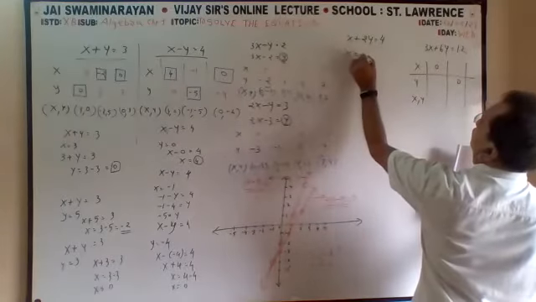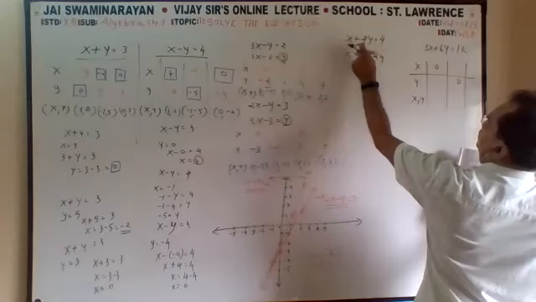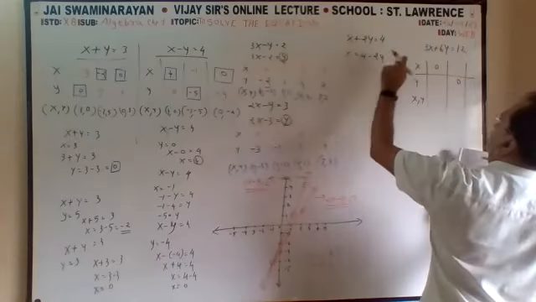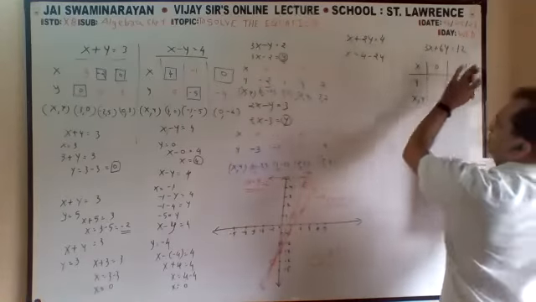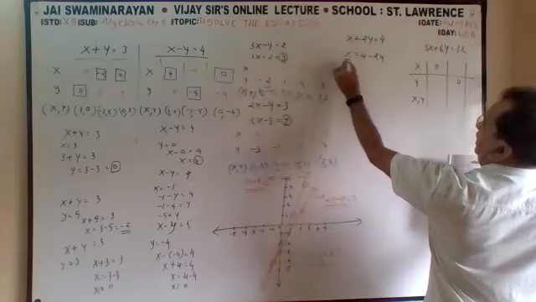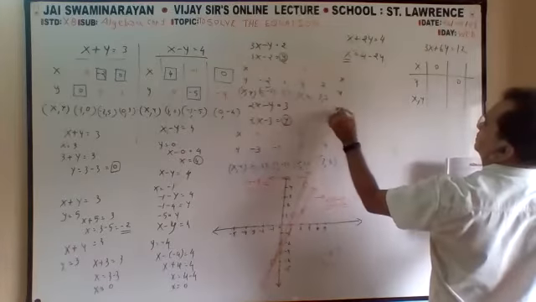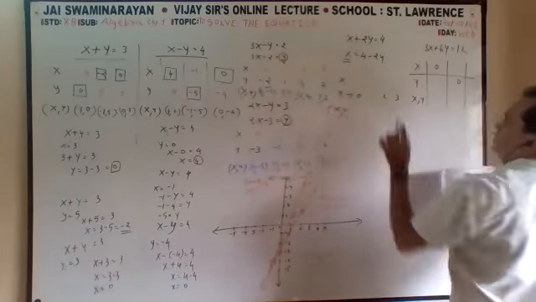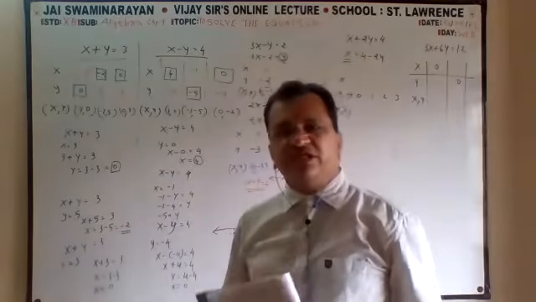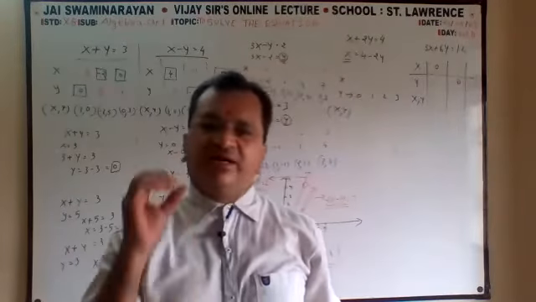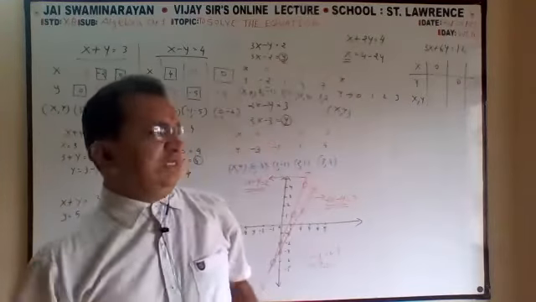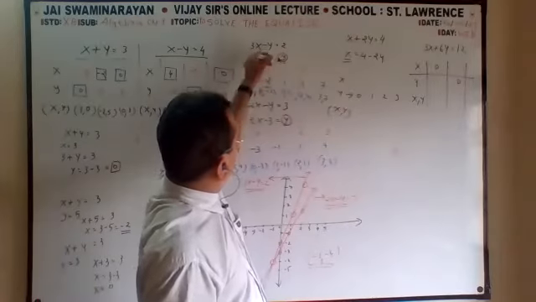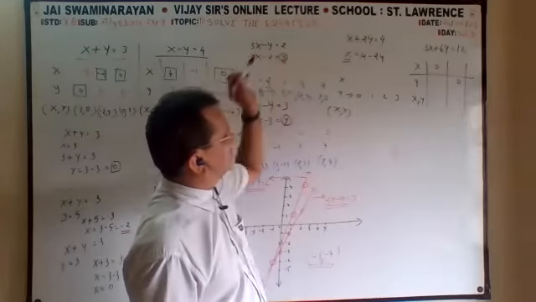Here x is equal to 4 minus 2y. Here same as it is, this I will explain. Now it is x, no? So again x, y. But here now you will write 0, 1, 2, 3 in this column. If the equation is in the form of x, write y is equal to 0, 1, 2, 3. If the equation is in the form of y, write x is equal to 0, 1, 2, 3.